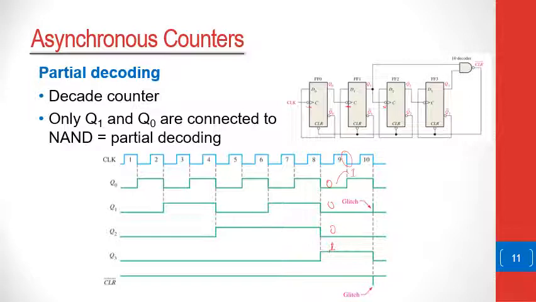This is going to be 1. So our count is going to be 1, 0, 0, 1. So this is the final count, which is supposed to be 9. This is 8. So at this moment, when the count is 9,